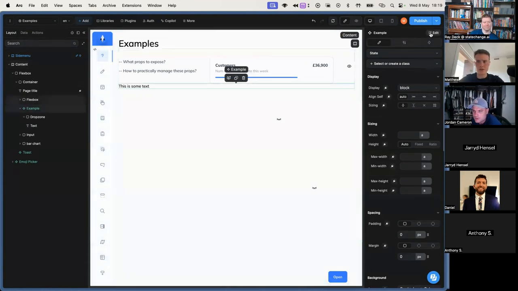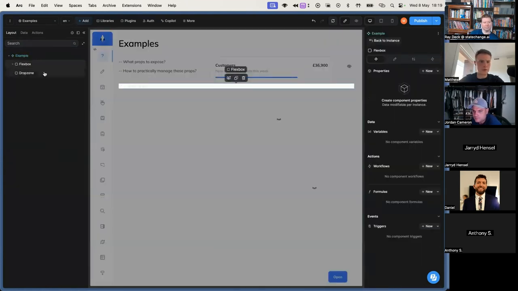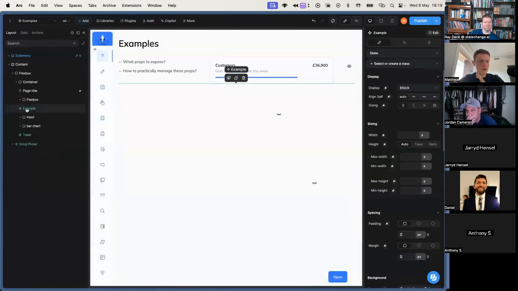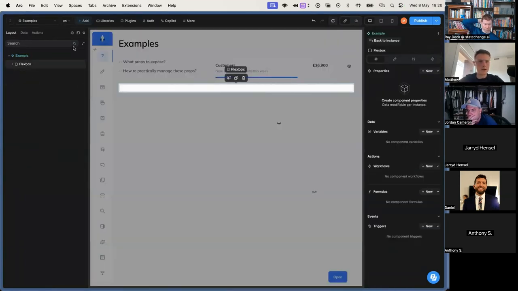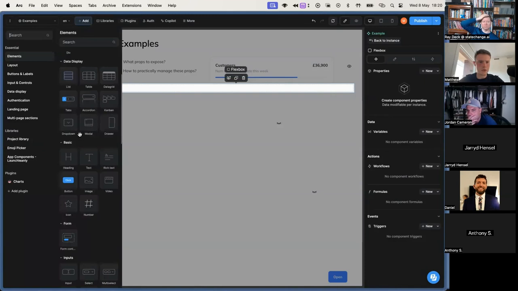And if this drop zone wasn't here, I'll just put it back in just to show. So we've removed the drop zone. And without a drop zone, there's nothing you can do with the component if you haven't got any props inside of it. So if you're just a standard user, you can't really do anything with it. You can't edit it in any way. However, if you were to add a drop zone into the component,